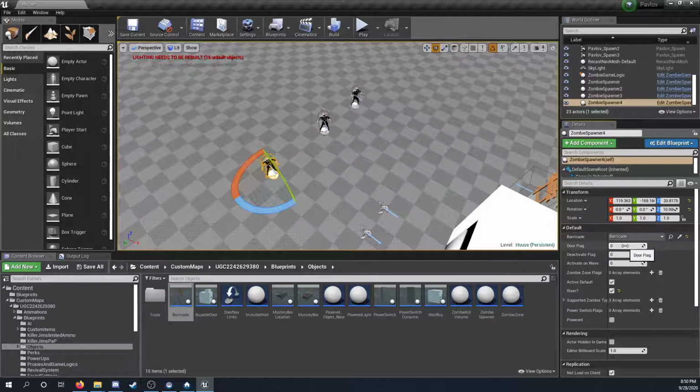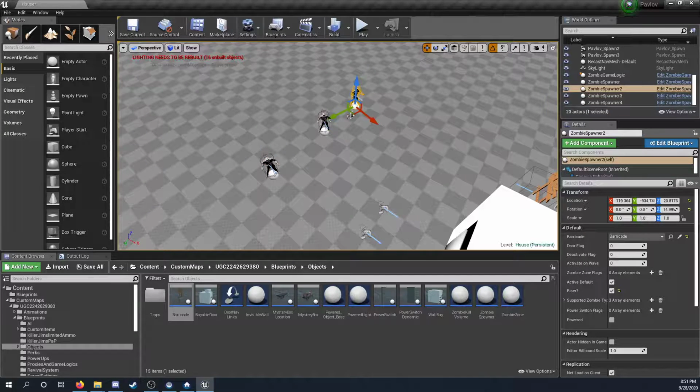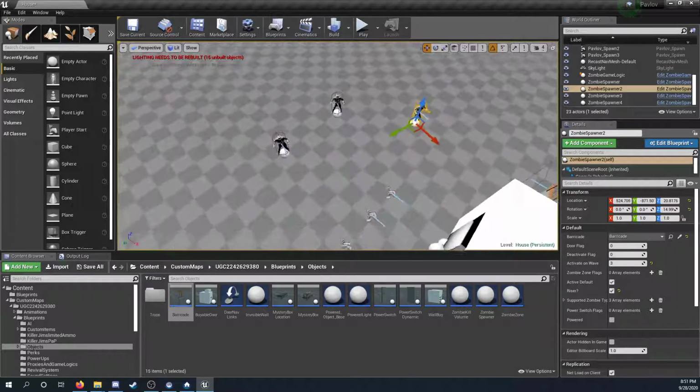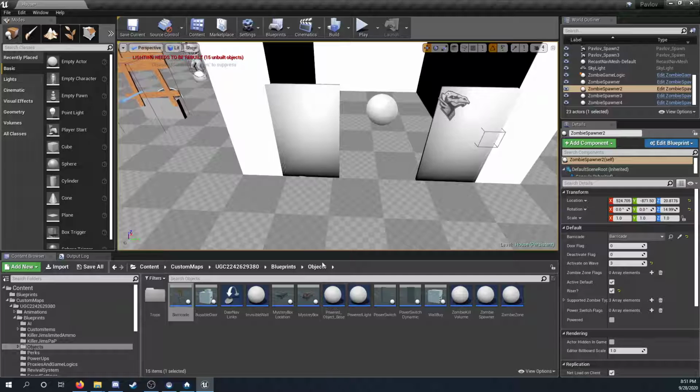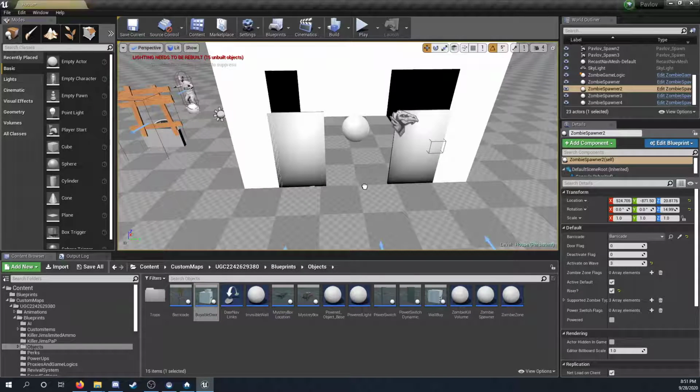Now, there's also door flags, deactivate flags, and activate on wave. So if you want, like, say, a zombie spawner to only work on a specific wave, like, I don't know, 3, then you can set it like that. Door flags are for doors, so say I want to have a door here, then I'll place down a buyable door,